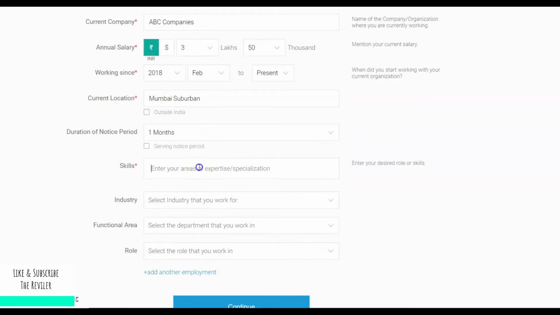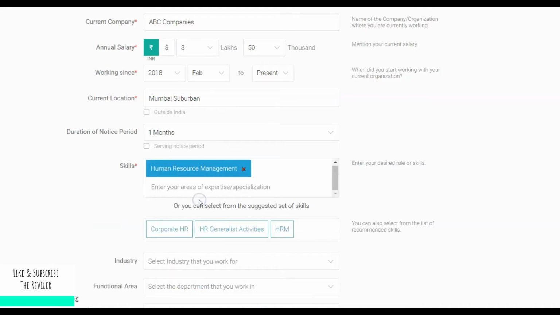Then skills. This is the very important part. Make sure you write your proper skills which you know. This will appear directly on your Naukri profile when you access it, or when the recruiter searches you. They'll see your skills and what your expertise is. So type here your skills accordingly.